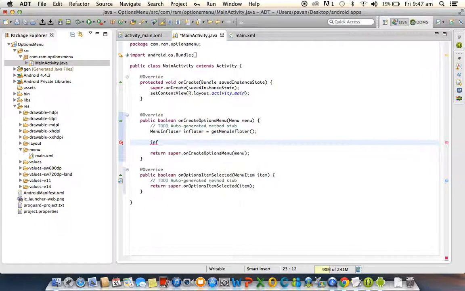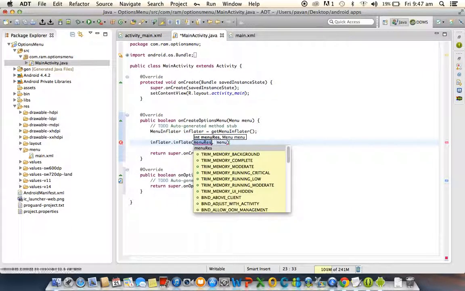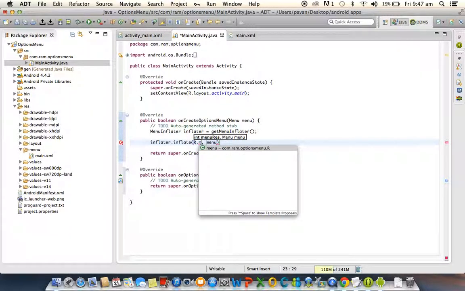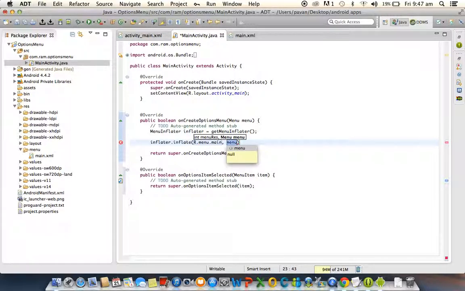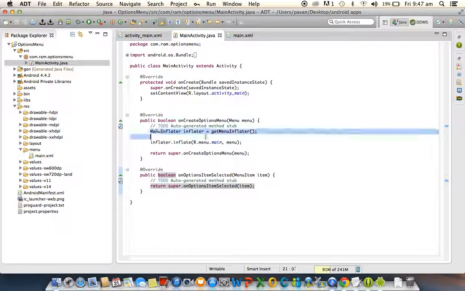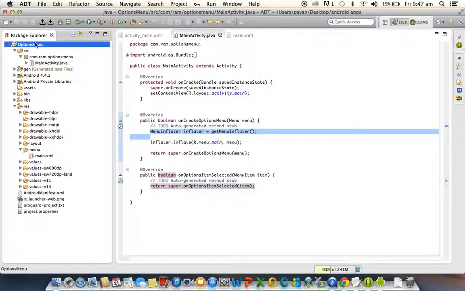Then in the MenuInflater class, we have a method called inflate method. First parameter we need to call the XML file, that is from menu folder. That's why we are calling R.menu.main. Next one, menu class object already has taken. Right, save it. Next, we need to check it out first of all whether we are able to create the menu successfully or not.